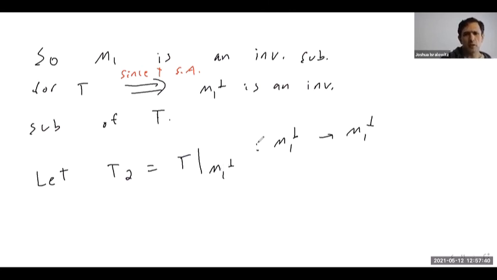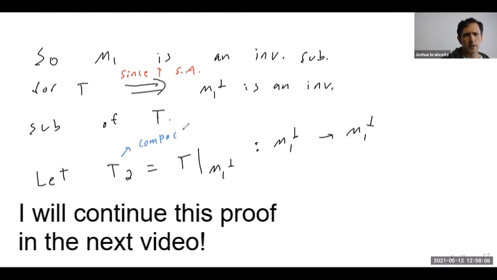It's literally just by definition. And also if you have a self-adjoint operator and you restrict it to a closed subspace, then that's also self-adjoint. So this is compact self-adjoint. So we can repeat, basically,